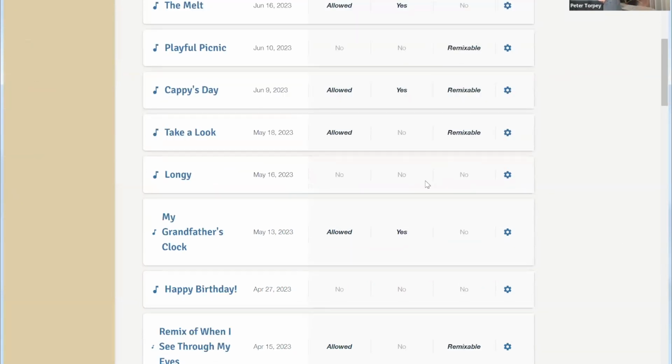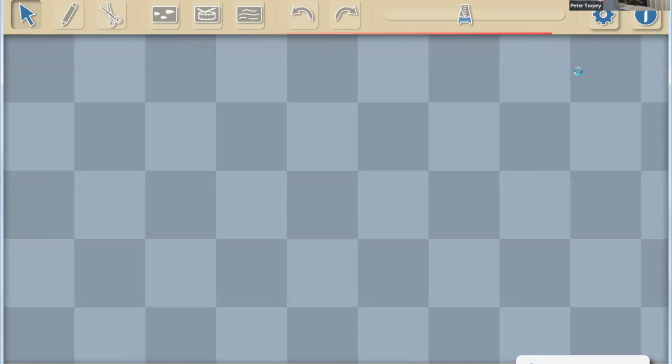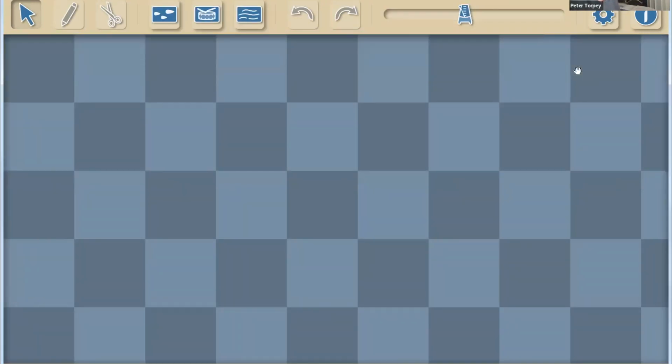There's more detail to that, but I can just pop right in here and create a new Hyperscore composition within that framework. And this hopefully will look quite a bit familiar to you from the classic version of Hyperscore, but this is all web-based, works great on tablets and Chromebooks and iPads, so we don't have those technological constraints anymore.